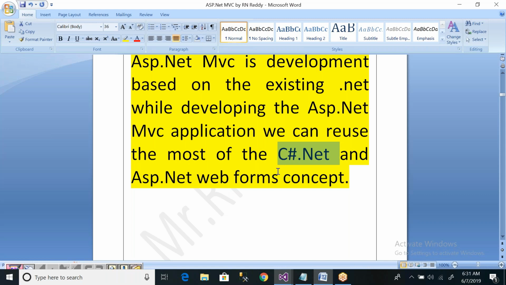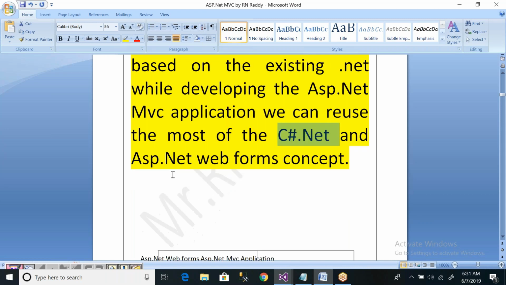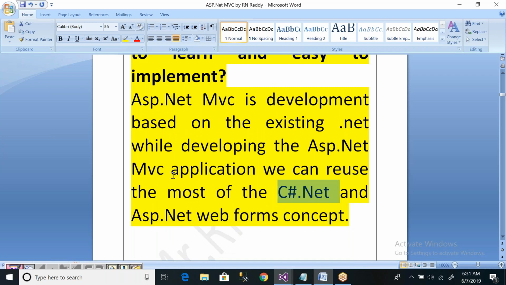And most of your ASP.NET Web Forms concepts are continuing in your ASP.NET MVC. Like state management concept, caching concept, master page concept, all these concepts we will be following here also. So the majority of ASP.NET concepts are continuing in ASP.NET MVC also.